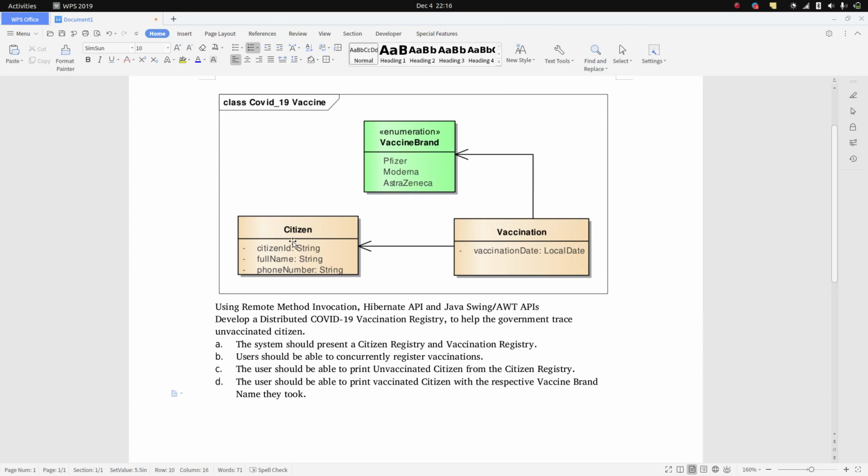Let us have a look from here. We're going to create the simplest one. If it's simple, actually it can be hard for you, but I'm going to make sure it's the simplest one, so that you can understand what's going on behind it. We're going to create it with the help of Java, using RMI or remote method invocation, Hibernate API, and Java Swing,